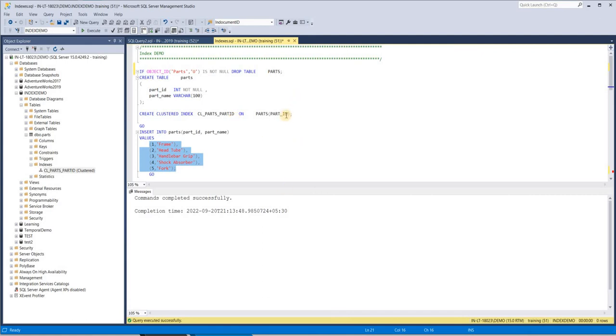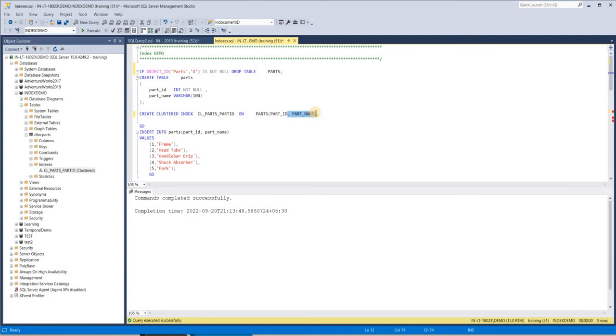It can be arranged in one way only. But one thing is sure: it's not necessary that you can have only part ID. You can surely have a part name also as a part of an index. In this case, the index would be created on part ID and part name both. Okay,